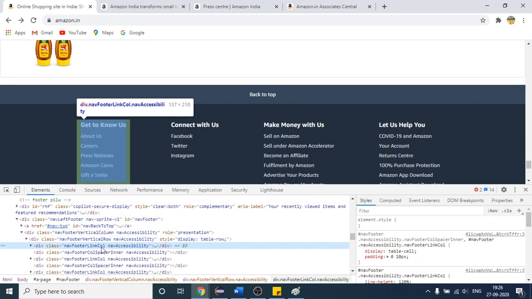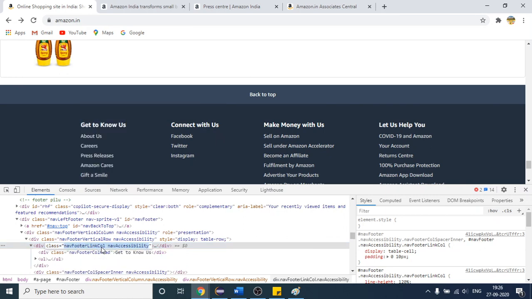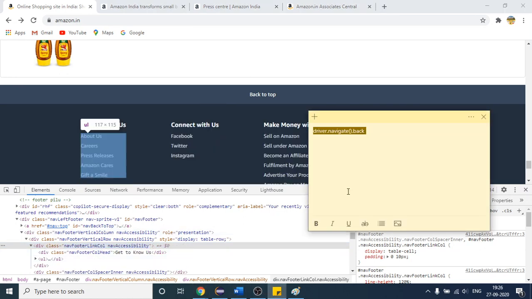So let me first write the XPath till here. How can I write it? It is very simple. You can say tag name, at the rate class is our attribute. What is the class value? This one. So if I copy this and try to search whether we have written the correct XPath or not,